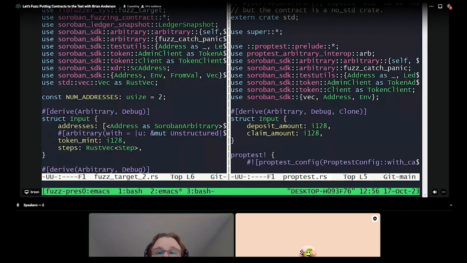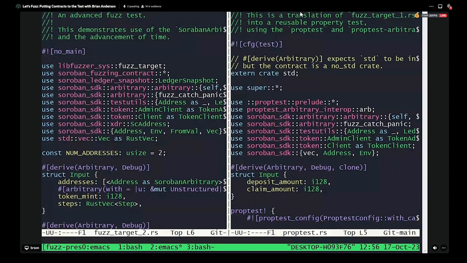So again, we don't have no main, but instead we've used this test config. This says only compile this module when we're actually testing. Don't try to compile this module when we're compiling the contract. And you got to do that for Soroban because the testing is going to use the standard library, and Soroban contracts don't use the standard library. So in Soroban, you really got to be careful about configuring your test code to not compile when